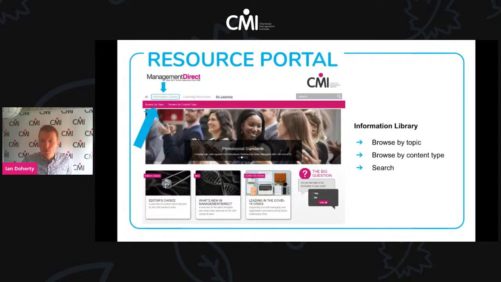You may choose to want to browse by content type. So again, depending on your learning style, you may prefer videos, you may prefer reading short insight articles, you may like looking at theoretical models, you may like longer reads like ebooks, or my personal favorite, you might like practical checklists, which you can work through and tick things off as you complete them. So if you go into that option, you'll see all the different types of content that are on offer, and you can browse by some of those and more that I've mentioned to you just now.